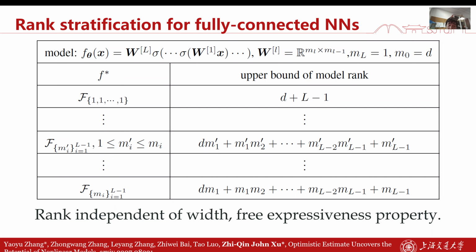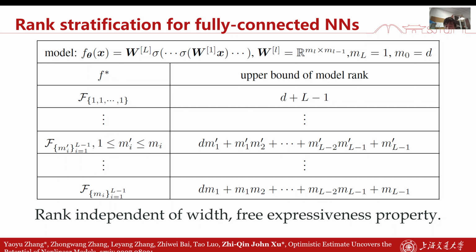For example, for this target function, you can see the rank equals this m prime here, or d here, but that's not related to this m. That means it's not related to your model parameter number. So you can have many neurons to increase your expressiveness, but it doesn't harm your